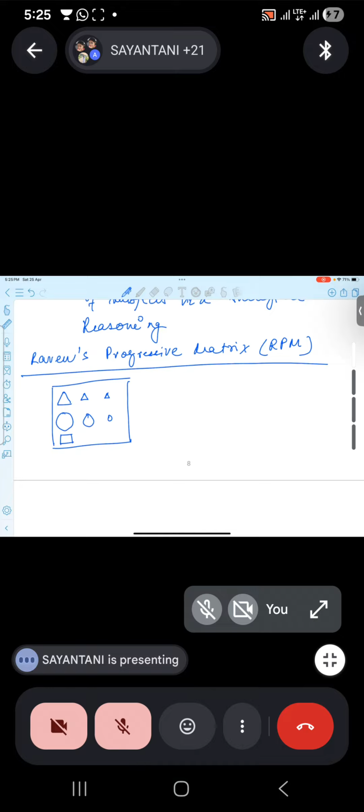Larger square, medium square, and there's a question mark at the end. Obviously, you know what is going to be the output. It is going to be a smaller square. So there are certain options provided, generally 8 options, and according to the options you choose which is going to be the correct answer